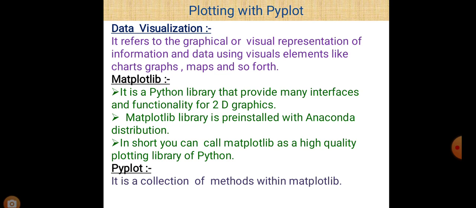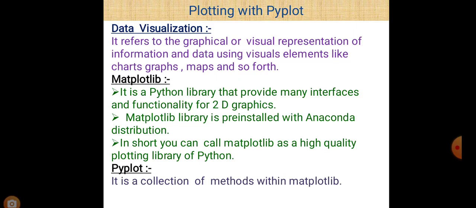And next is PyPlot. It is a collection of methods within Matplotlib. So three things are there. First of all, if we want to represent our data in the form of different charts and graphs, then it is possible in Python programming using Matplotlib as a library. The Matplotlib library contains a collection of different methods, and if we want to use it, we have to import the Matplotlib library first.